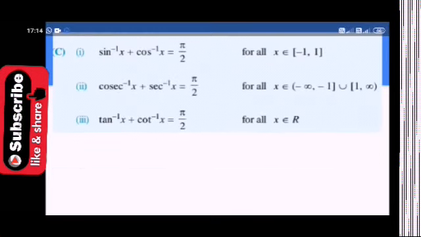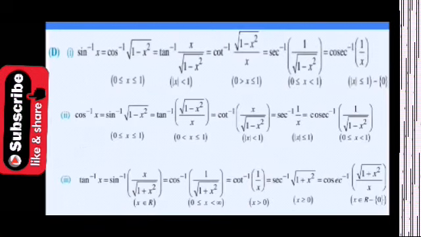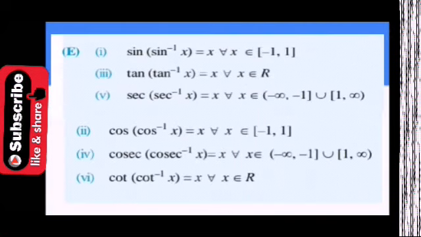Now these identities can also be proved in a very easy way if you have a sound knowledge of trigonometric identities. There are three properties we have learned. This one, sin inverse, is analogous to the reciprocal formula, and the co-function part, which is sin of 90 minus theta equals cos theta. Similarly tan of 90 minus theta is cot theta. These convert trigonometric functions into other trigonometric functions, and the function of the inverse of that same function, which we will discuss later. So let's go one by one.